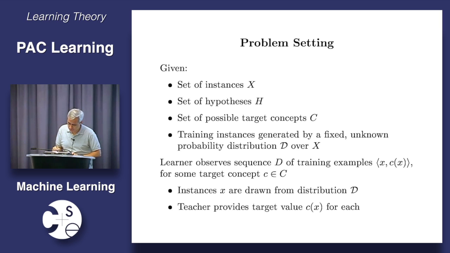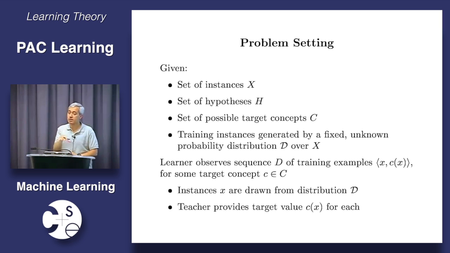I'm going to call that distribution curly D as usual. So this is a distribution over my instance space without the labels. I have a distribution that generates an instance, and then later I'm going to generate a class from it. But the important thing to remember in what we're going to be doing here is that the instance is generated randomly, but then the class is deterministic.